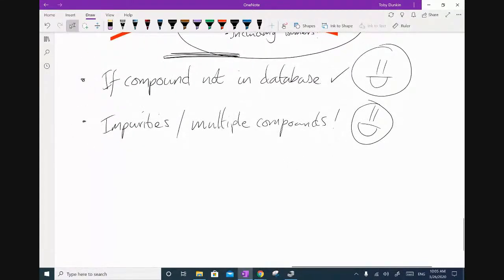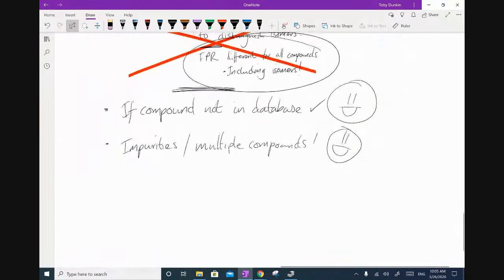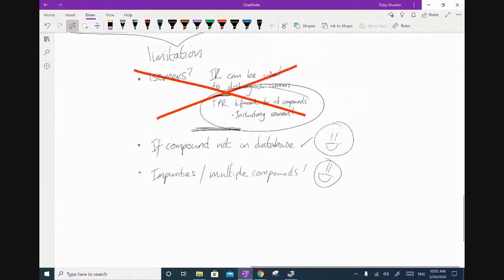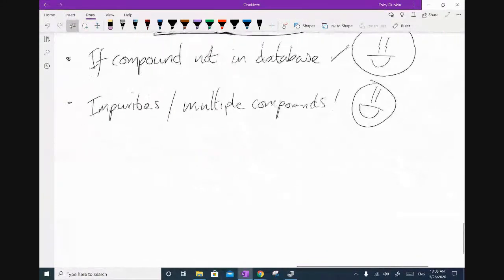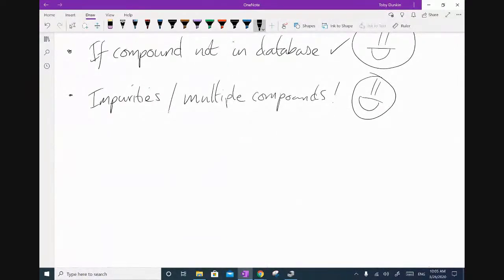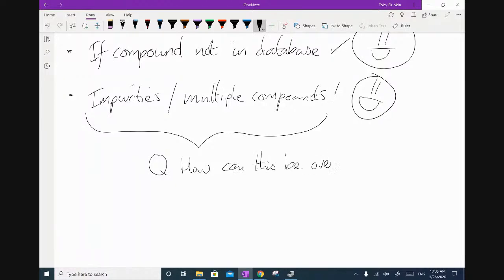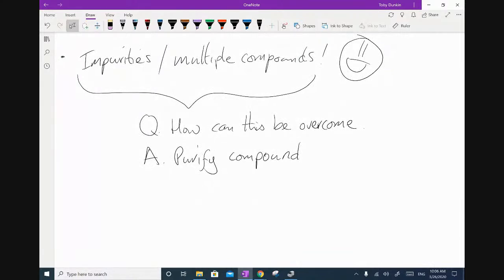So at that point, you're going to have confusion in your infrared spectrum. How would you get over this problem? Another question commonly asked: how can this be overcome? Not difficult, folks. Purify the compound. By the way, usually this is 2 marks. Purify compound will be the first one. The second one,